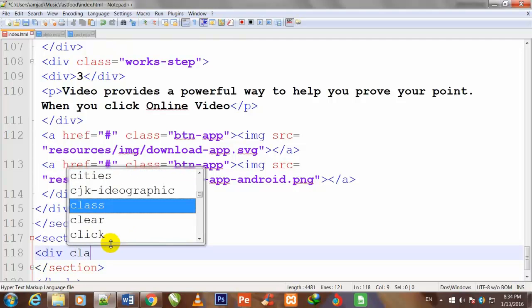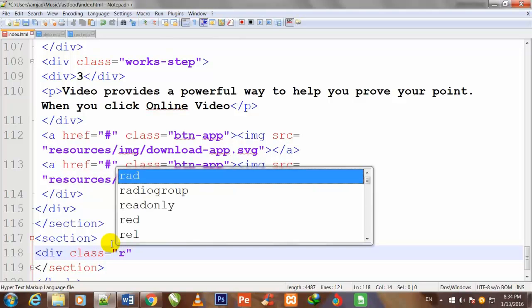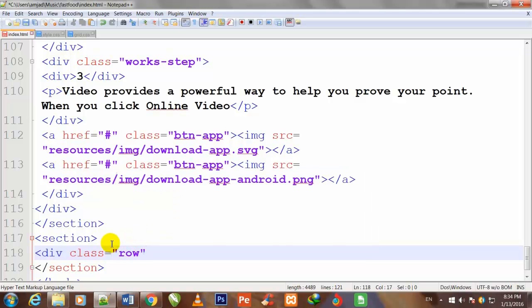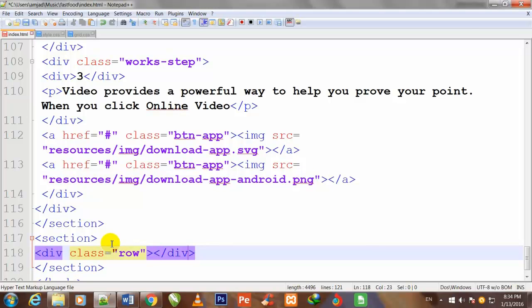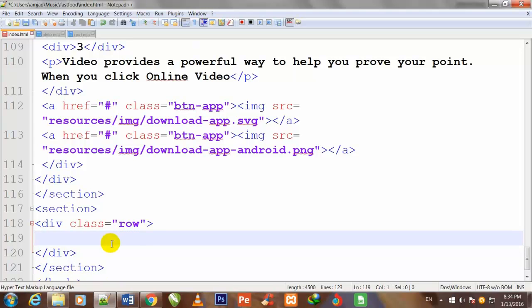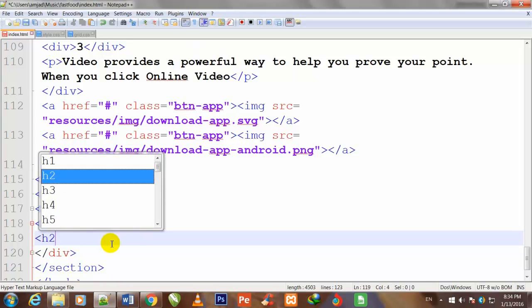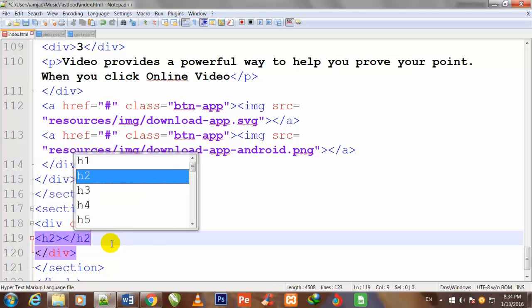and I make a div first of all inside this section and give it a class, the same row name which has been given above already. So that row class style will be applied over this div also. So here I write h2.